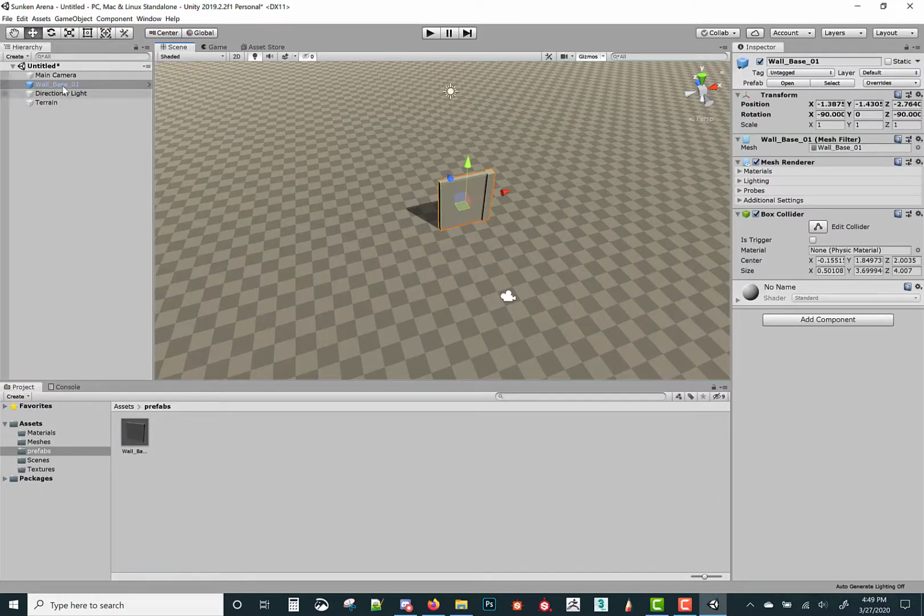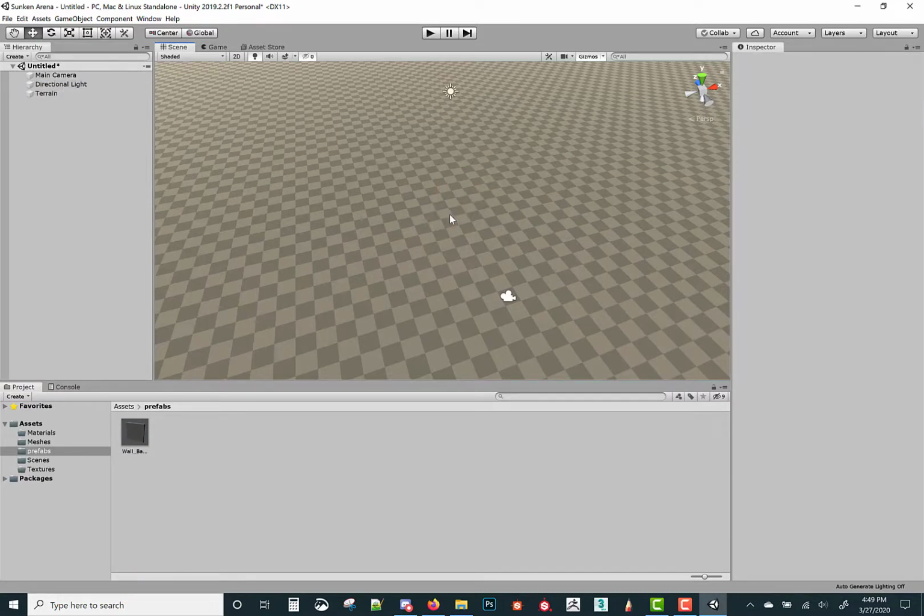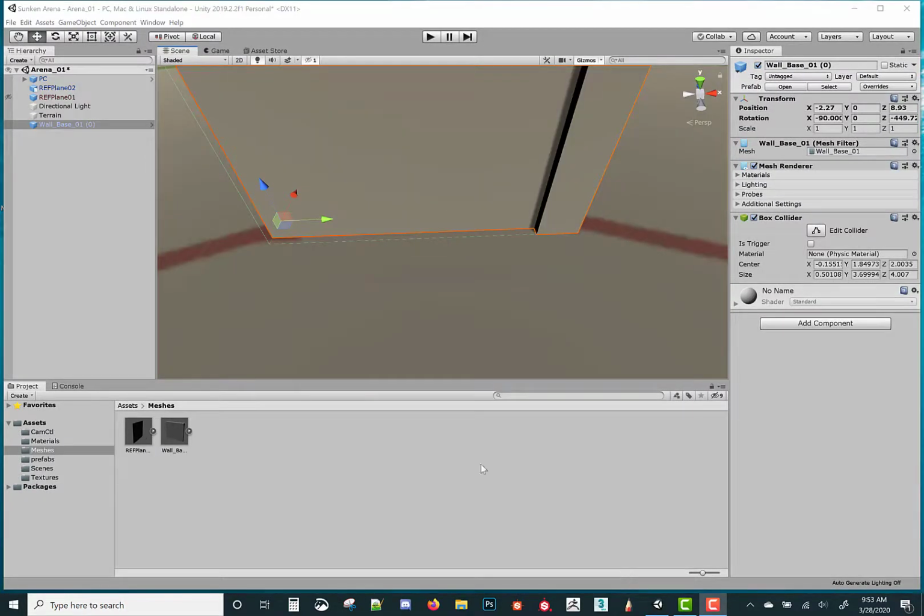If I go here, I can drag and drop. I can delete this, and that's fine. I drag this prefab in here. Okay, so I'm lining this up to the